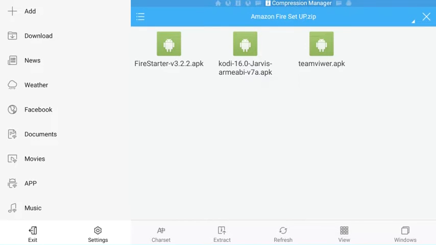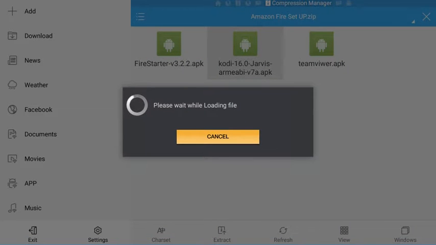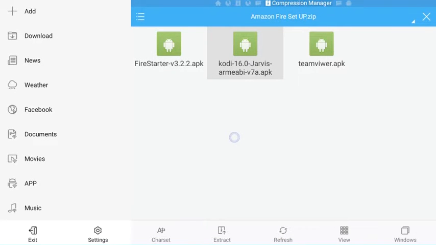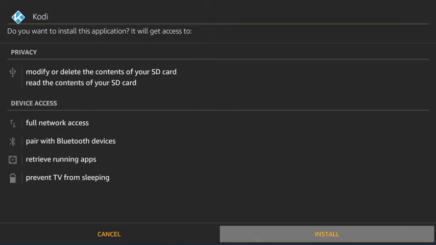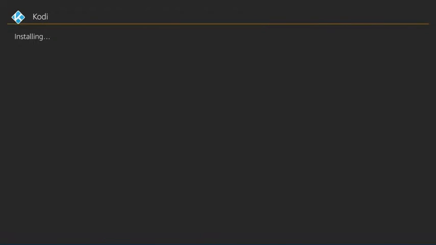Back. And then the next one is basically right here, Kodi. Now you saw here it didn't give me the option to install it. If you try to click on Jarvis here, it won't install. It'll say not compatible, or it'll stay on that please wait and load. Actually it did this time. Alright, so click on it two times. The first time it didn't